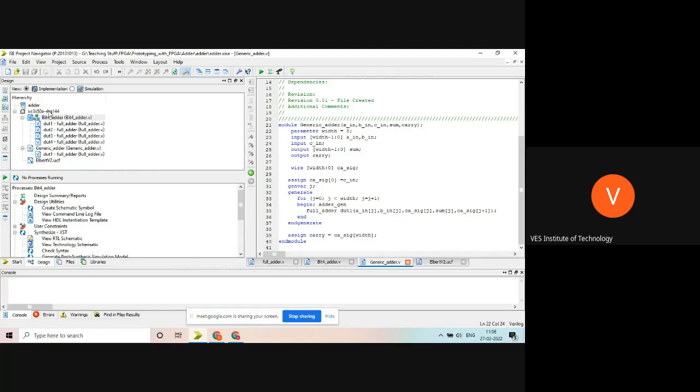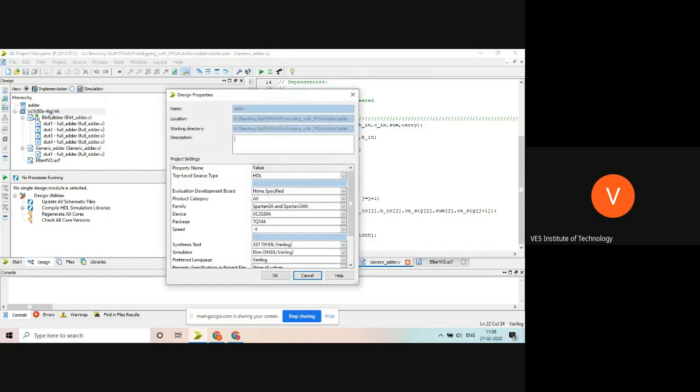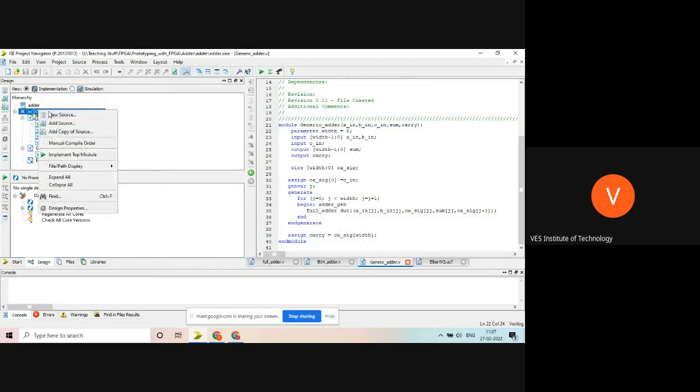I will start with the latches and flip-flops. Okay, now start new source.